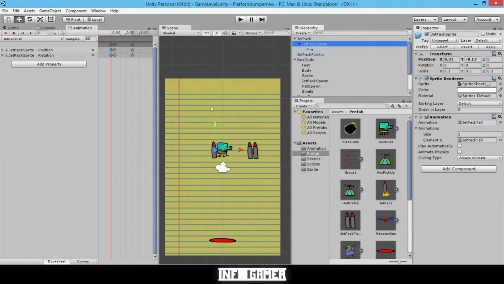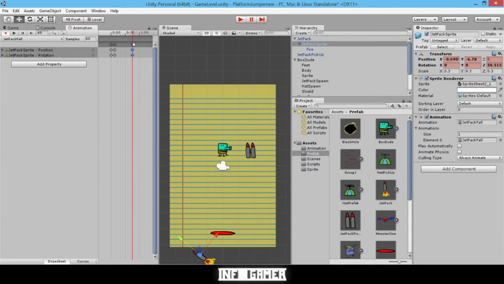to 1 in the Y position, and then our child object we want to fall far enough down that it reaches below the screen. So here in our first keyframe, the position and rotation of our object is set to 0. And then here, at the end of our animation, you can see that the Y position of our jetpack is below the screen, and that's what we want. And then we've added a little offset in the X direction, and we've changed the rotation to make it look like it's falling more. And then we've also added this keyframe here at frame 7 to make the transition a